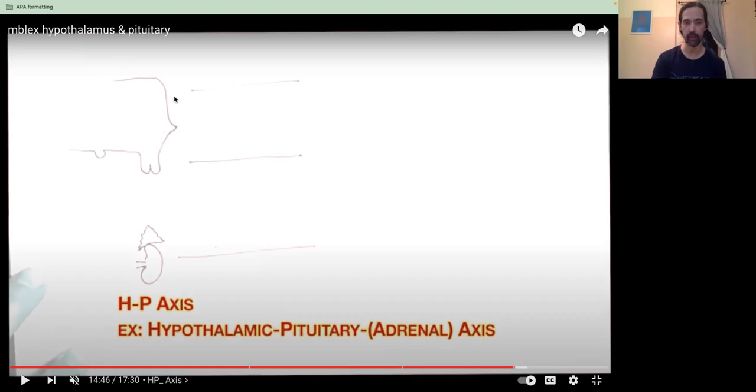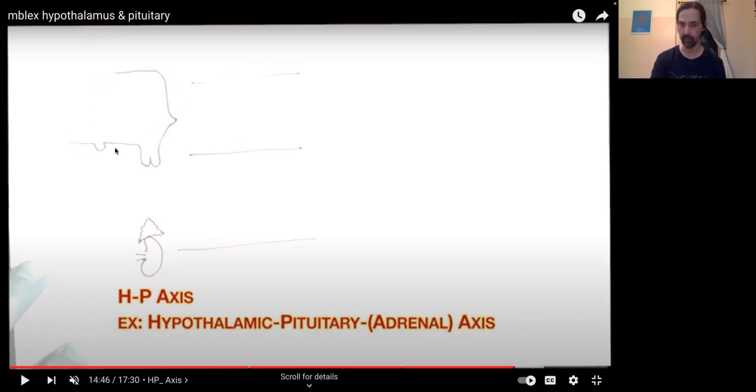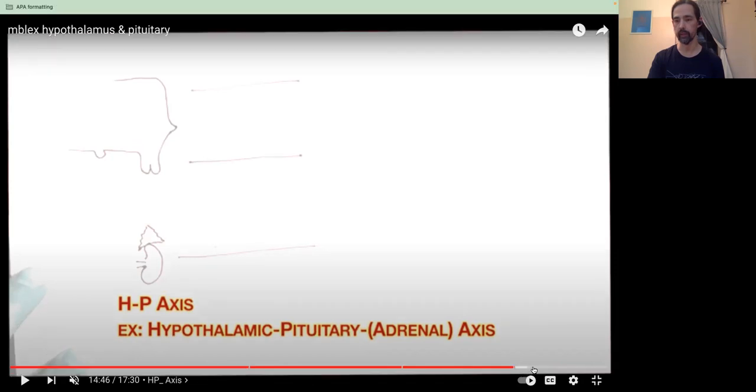So up here you have the hypothalamus at the top of the body, and then below it you have the pituitary. Excuse me. And so the hypothalamus stimulates the pituitary, which stimulates the effector organ, or the gland, right? So in this case, it's the hypothalamus, pituitary, to adrenal glands. And that would look like,